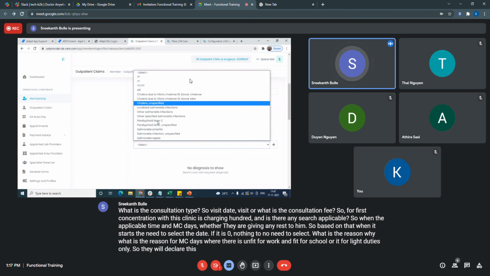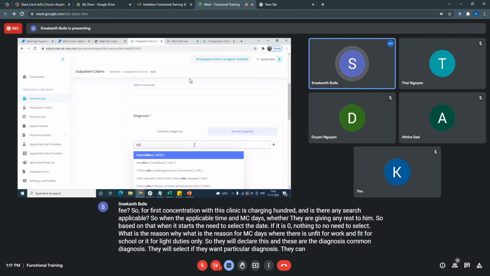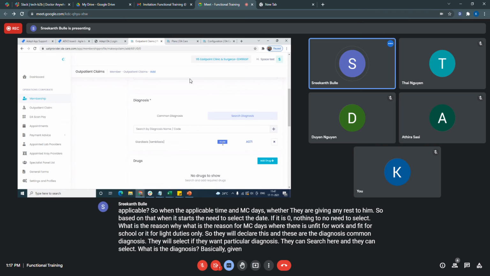And these are the common diagnoses. They will select. If they want a particular diagnosis, they can search here and select the diagnosis given, then add.